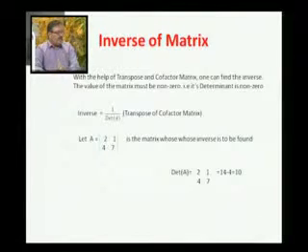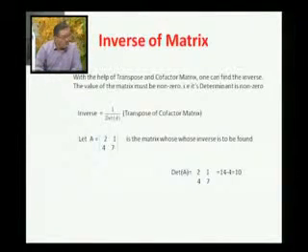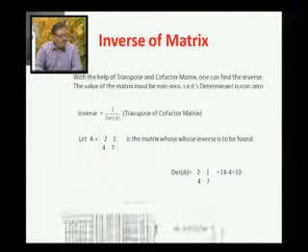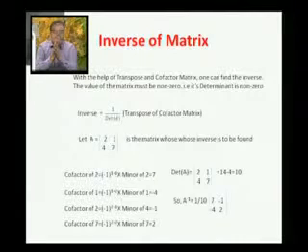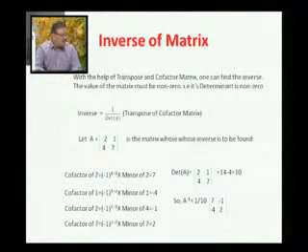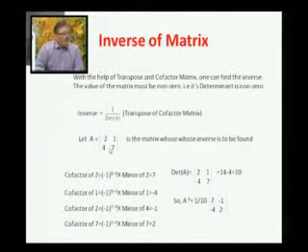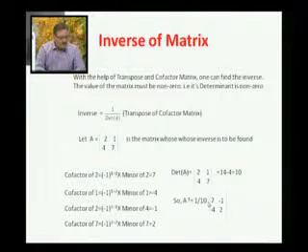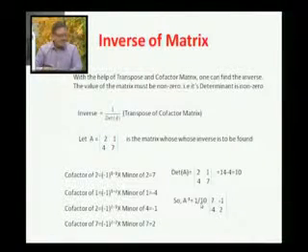So let us have a matrix A, 2 1 4 7, a matrix whose inverse is to be formed. So first of all, what should be there? The determinant of this matrix, that is 2 1 4 7. I hope that you know the value of the determinant, that is determinant of A. Okay. So let me show what is the value of a determinant.